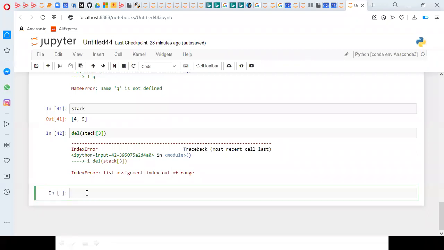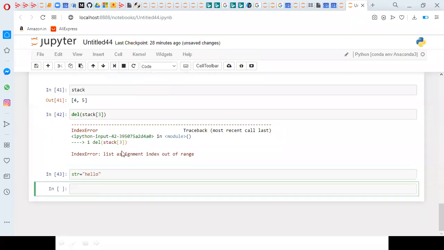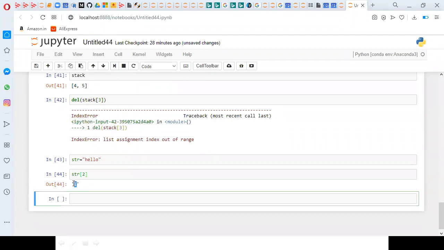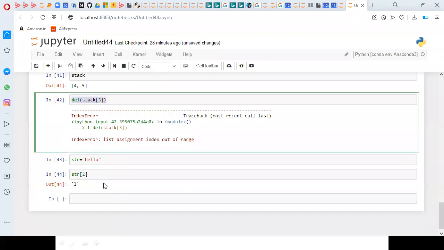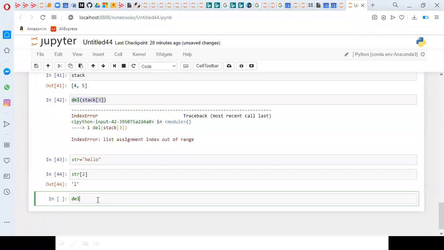For example, I am mentioning str equal to hello. If I mention str of 2, I am getting L. For example, if I want to remove that L, like earlier when I worked with del of stack of 3, I will try the same: del of str of 2. Generally, it is not possible.